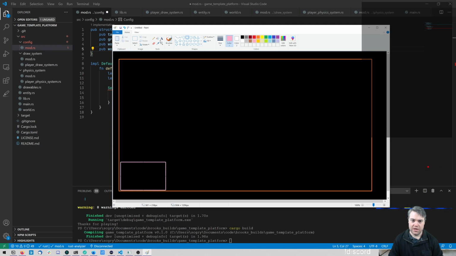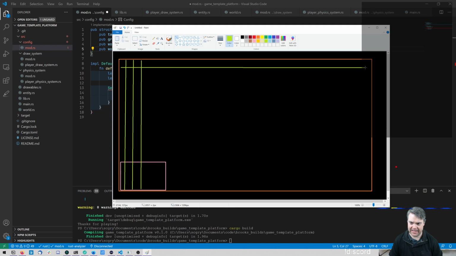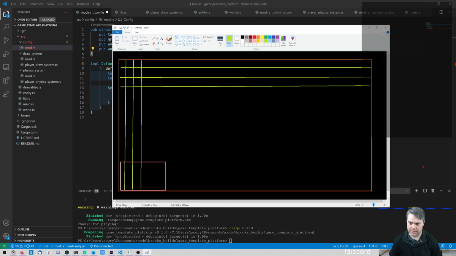Okay, so what I want to do is create some of these lines. Let's make them like this. I want to make a grid that's much better than this, obviously. I want them to be straight in real life. So imagine these working like that all the way across. Now, for each of these squares, I want these to be standard world units. And that's going to allow me to,